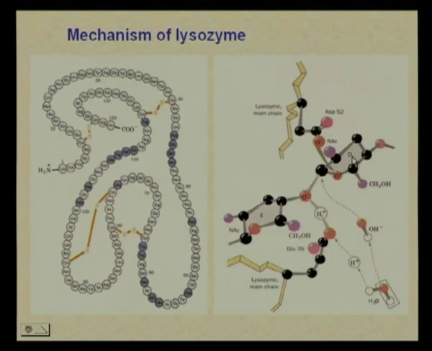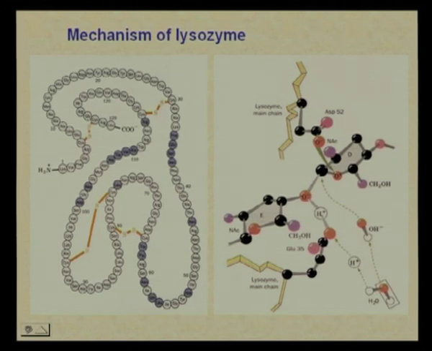So, we have rings D and E and they are linked by what is called a beta 1,4 glycosidic linkage. So, we have a beta 1,4 glycosidic linkage that links the NAG and the NAM residues together,